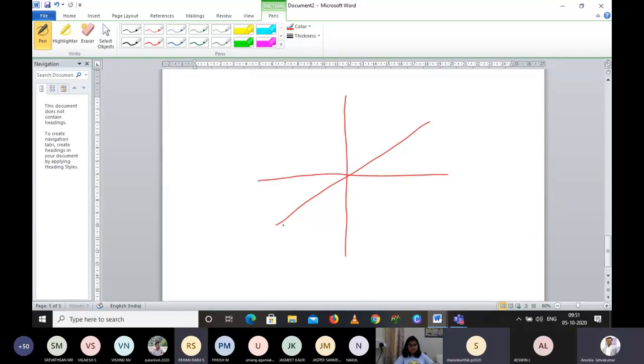Whatever slope you are getting here, theta, that will be equal to here, that will be equal to here. Am I right? Yes, sir. Then what is the confusion? Once you are getting this value as how much? 67.38. This one also will be 67.38. This one also will be? Yes, sir. Please take a note.